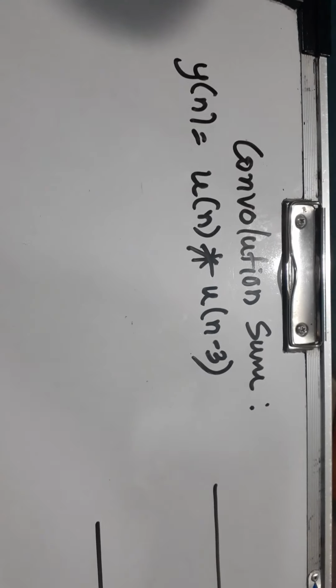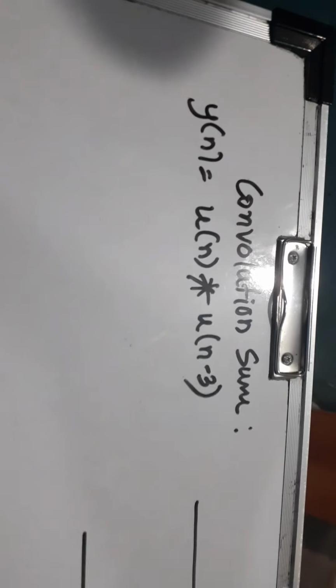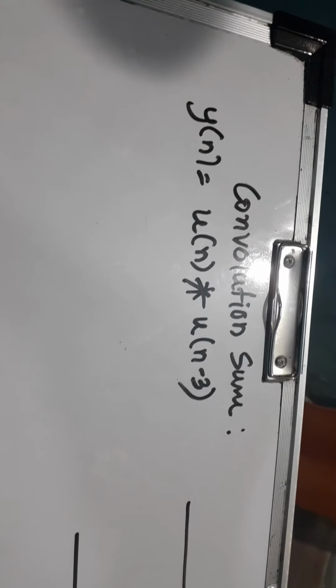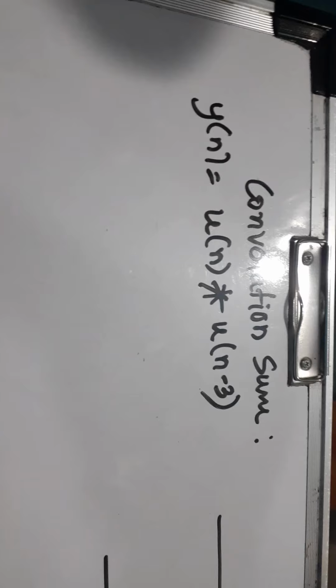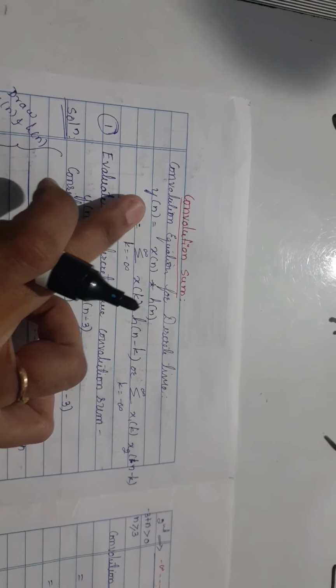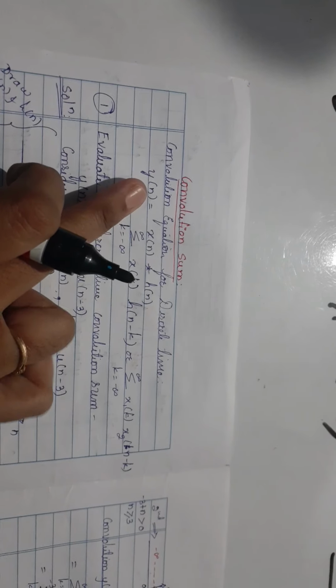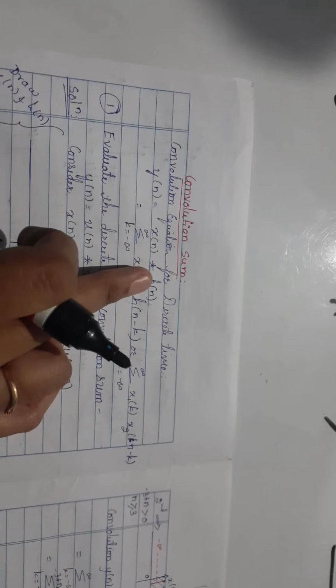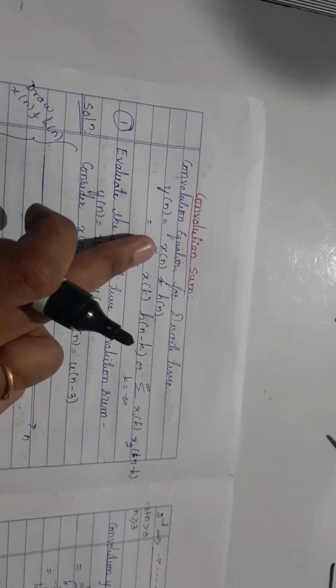Let us now see one example on convolution sum. In the previous videos, we have seen how to calculate the output signal y of n for continuous time signals. Now let us see for discrete time. The convolution equation for discrete time is given by y of n. Remember, the time variable for discrete time is denoted as n, which is the convolution of two signals x and h. It is given by summation k from minus to plus infinity x of k h of n